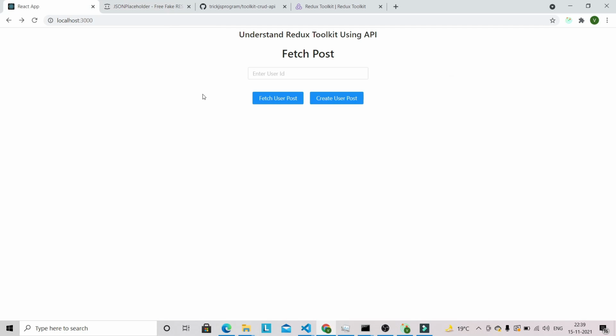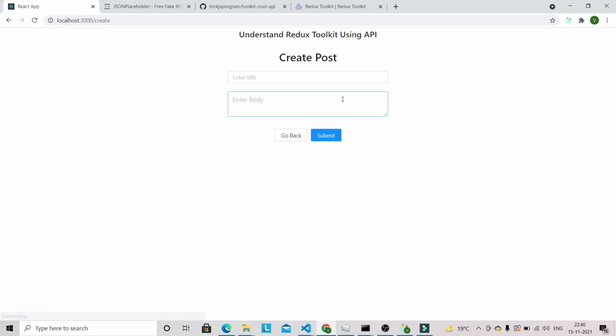So we have performed the update operation, and if you click on create user post, you can also create a post. If you click on create post, you will navigate to the create page. We have two input fields, title and body. Let's give the title as Redux Toolkit, and let's paste this body.